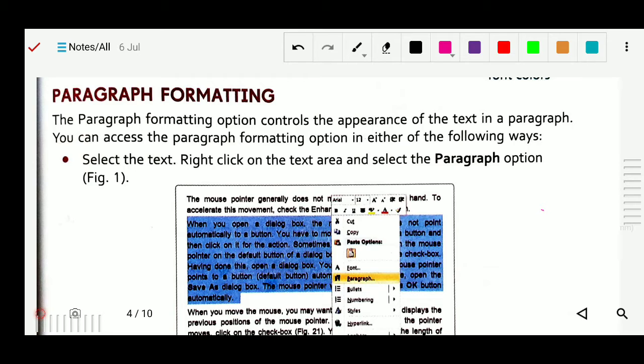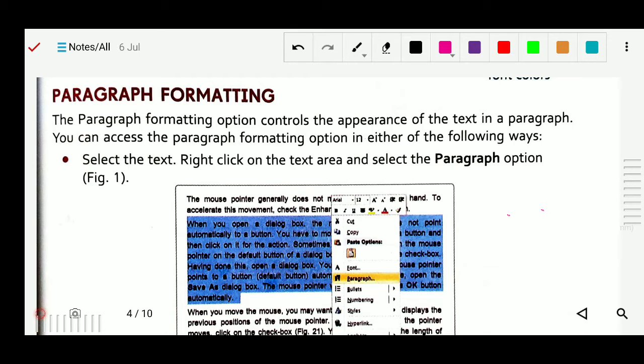Formatting of a document also we have studied. We can use different styles of fonts. We can change the size of the font. We can highlight the text. We can also change the color of the text. Some toggle buttons we have also studied to emphasize the text, like bold, italic, underline. In the underline also we have studied there are different types of line: single line, double line, wavy line. Lots of different lines are available there. Also we can use a colored line. So these all things we have studied.